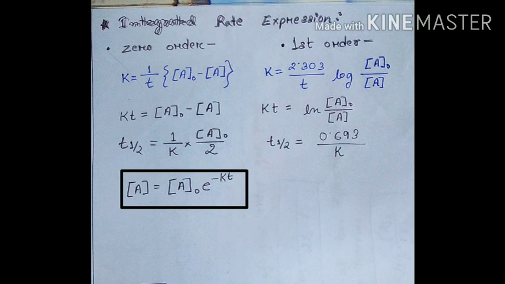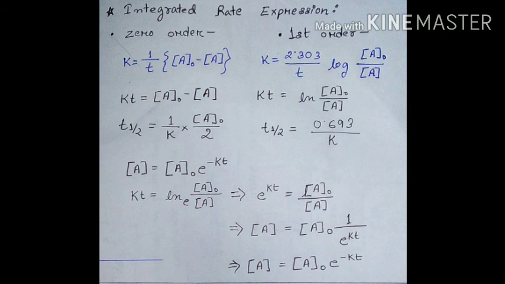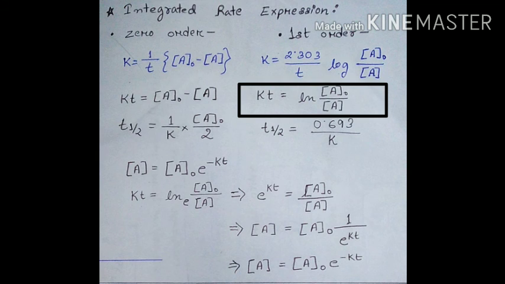This is another formula for the integrated rate expression of first order, but we don't have to actually memorize it because it can be easily derived from the expression which we have learned for ourselves, that is Kt is equal to ln A0 by A. Here I have shown the steps of deriving this formula from the one we memorized earlier. This is just a matter of a few rearrangements. So please don't try to memorize all the formula, but keep in mind just one simple formula and derive all the others from that single formula that you have memorized. This sharply decreases the chances of forgetting the formula.